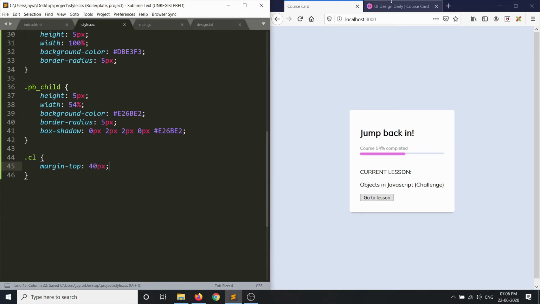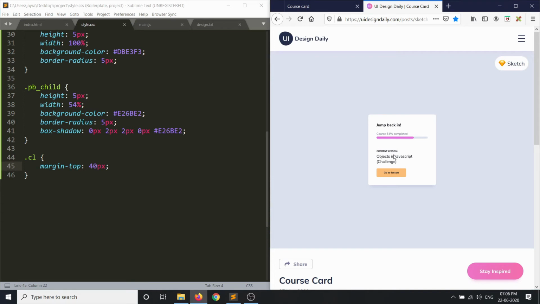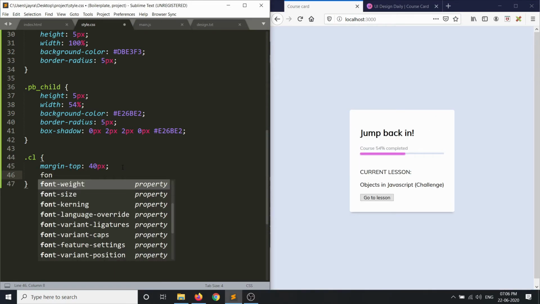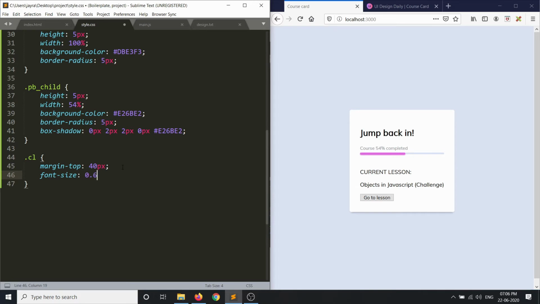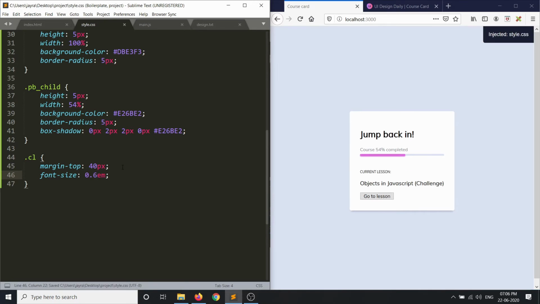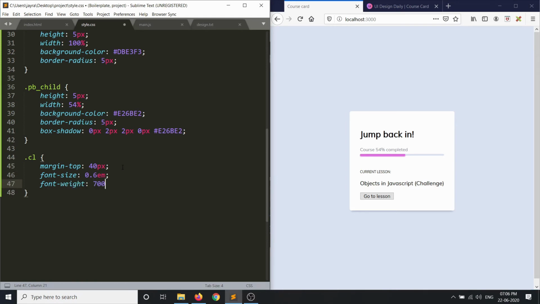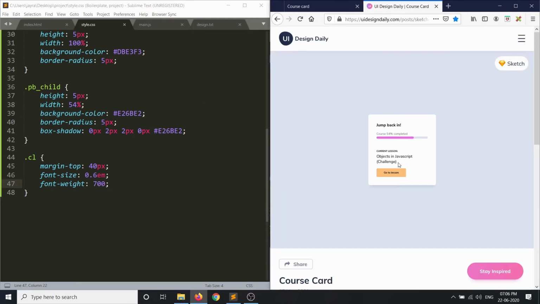And I think the size is smaller and the font is bolder, right? That we can do using font-size of again 0.6em, and let's say font-weight of 700.